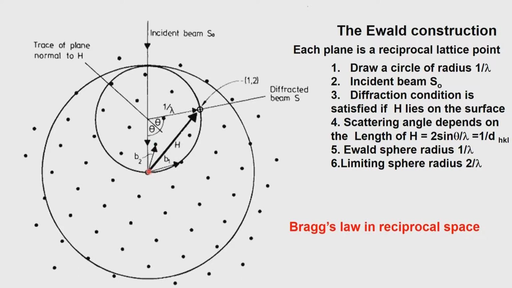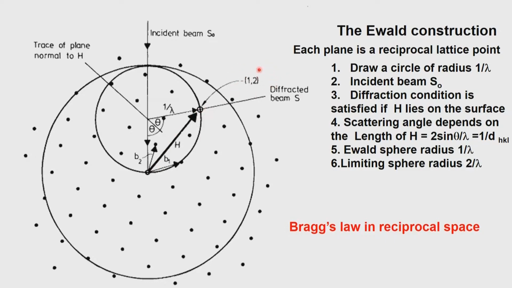Now, in the diagram I have drawn, it so happens that the point which is 2 along one direction, if you consider b 1, and 1 along the b 2 direction. So, this coordinate is 2 in the case of b 1, and 1 in the case of b 2. That means this vector h is represented by 1 comma 2. Since this is, in some sense, a crystallographic direction, this is 1 comma 2.